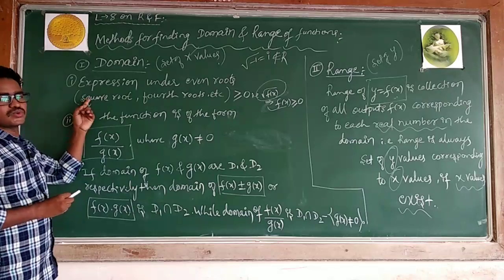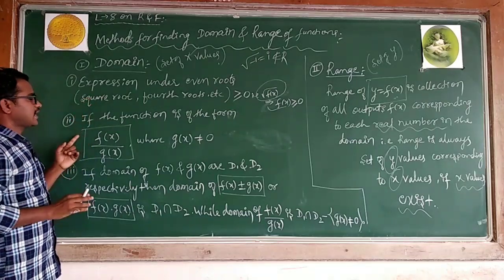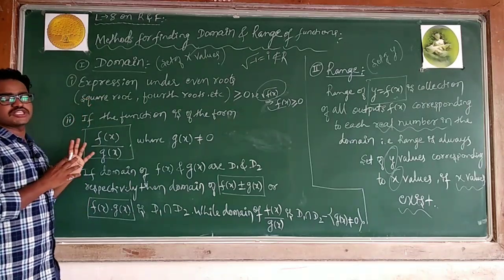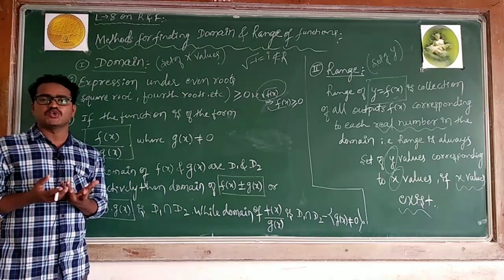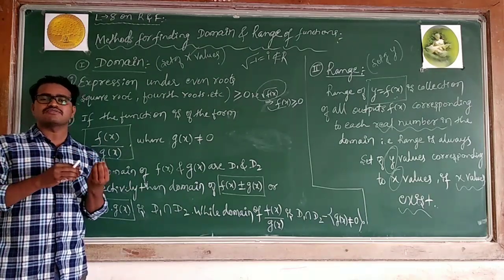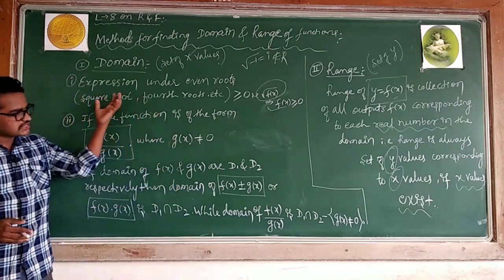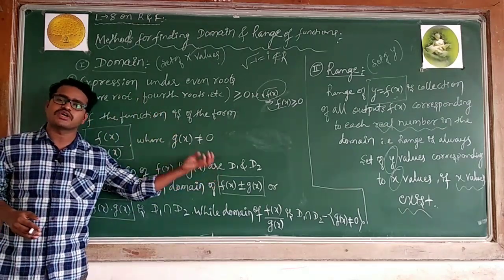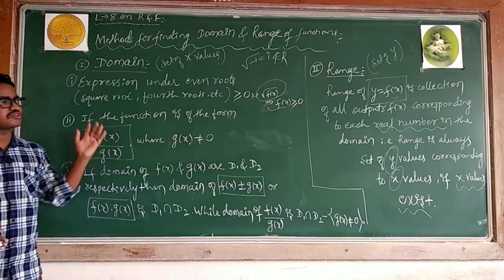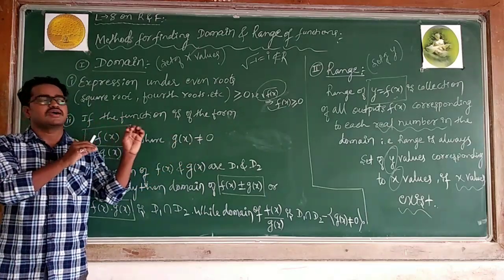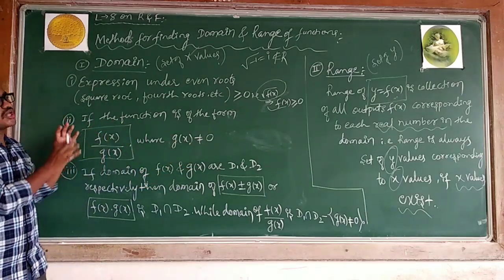First thing I am saying is root. I will take root, case 1. I am saying division case. In the case of division, how are we avoiding those values of x? According to that, we will say what the domain is and what the range is. These things I have already given in the notes. You can follow in the notes also, and if you want, you can write. Otherwise, in the notes I have mentioned all these points.